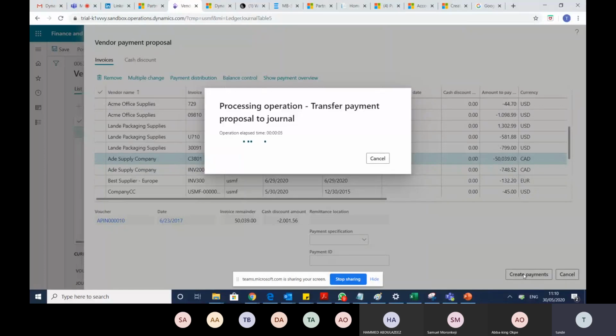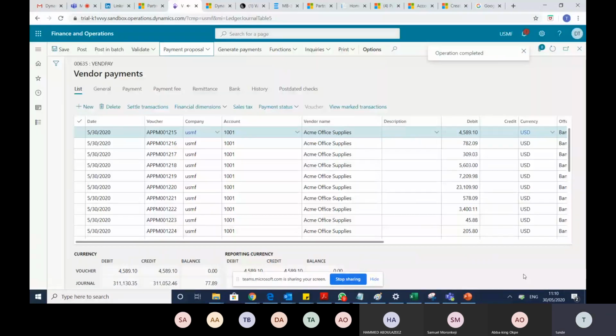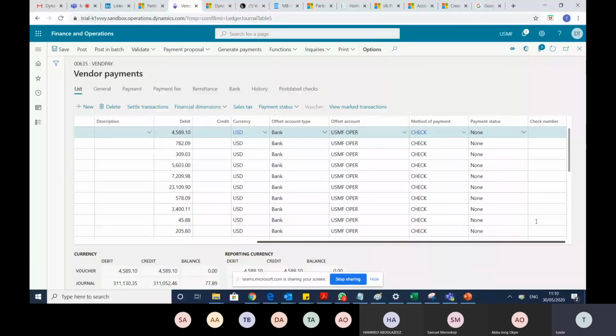So it's doing a transfer payment. Okay, now it's saying that this is complete. So these are all the vendors we want to pay. If we're happy with this, it says check here. But what I should have done is change it in the payment proposal, saying I want to pay only by check,